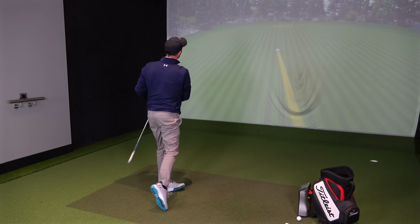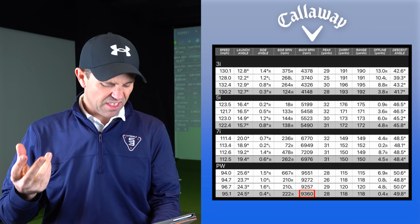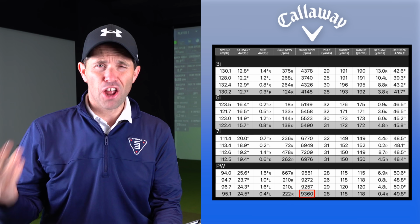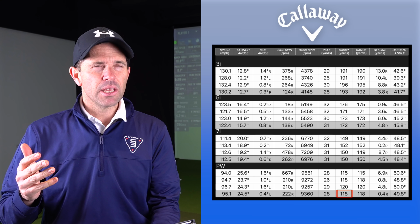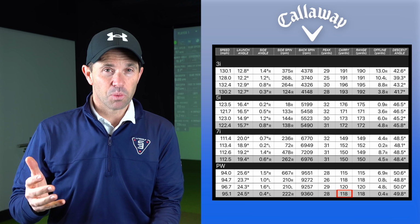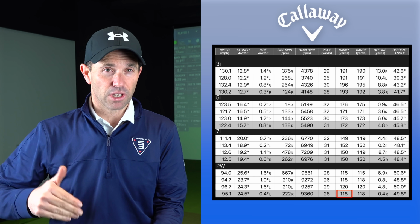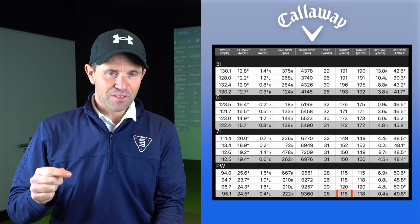Really interesting numbers that I'm getting from these irons. Pitching wedge, spin-wise, 9,300 revs, going 118 yards on average. That's probably about 5-6 yards down from what I would see from my standard pitching wedge in the current set. But remember, this is 47 degrees of loft in this pitching wedge. Then I've got my 7-iron. Spin, though,